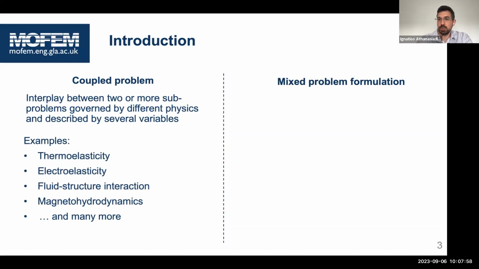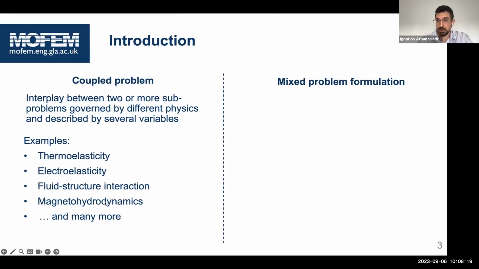Of course, for each equation there is a different variable, at least one, and they can be describing thermal conductivity and elasticity, electric conductivity and elasticity,